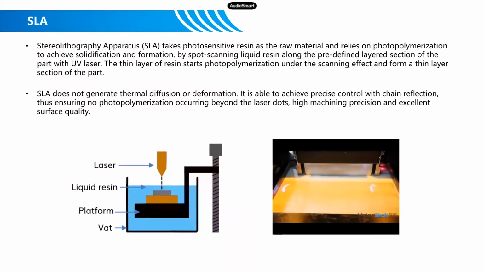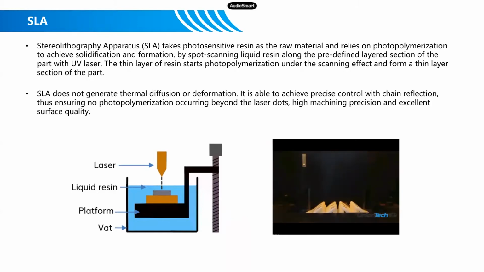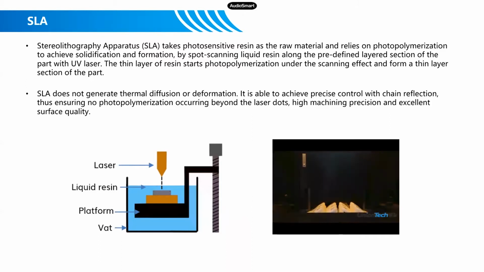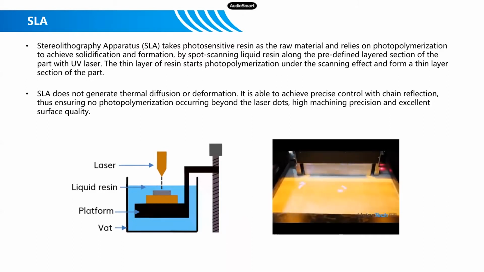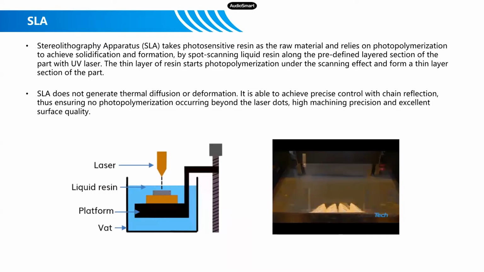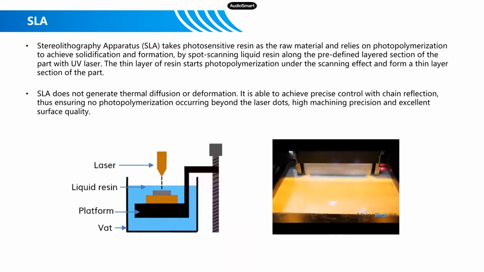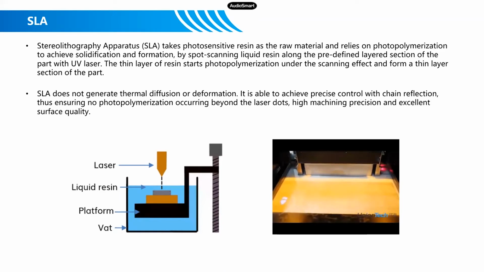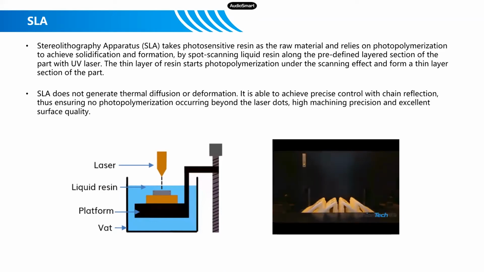This is a simplified SLA working principle and hardware configuration. The laser set is on top. Liquid resin is filled in a vat. A platform is submerged in the resin. When the printer starts, the laser beam generated by the laser comes downwards to the surface level of the liquid resin to scan in dots and cures a very thin layer, in a range of, let's say, 50 microns to 120 microns, of the liquid resin into solid. When one layer